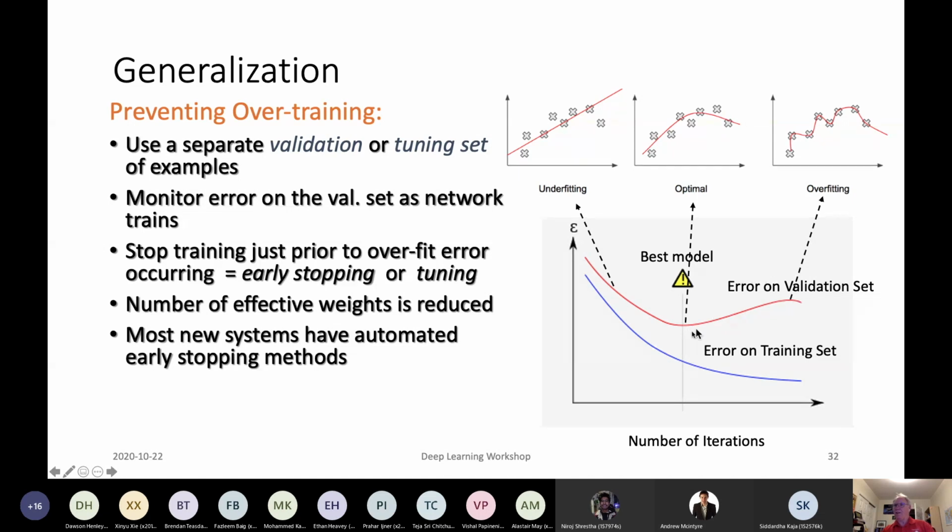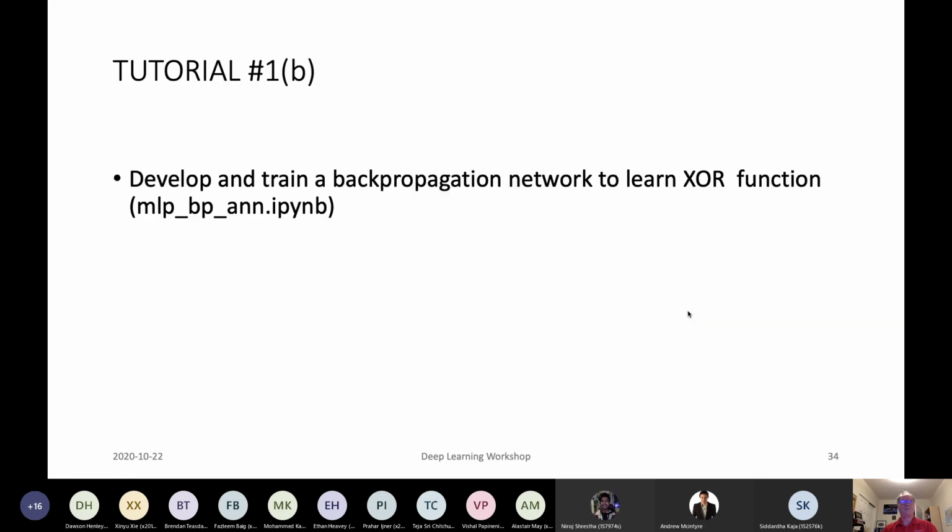What's going on here is that the model is starting to fit so perfectly to the training data that it doesn't do well on predicting other examples in the test set. This is the place where you want to stop training, so that the weights are not overly complicated and produce a model that generalizes well to future cases.